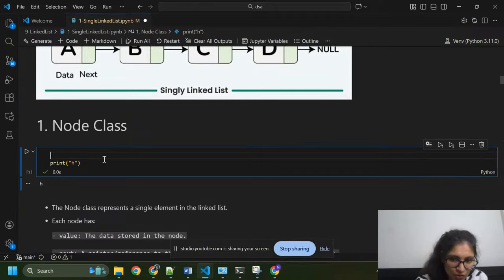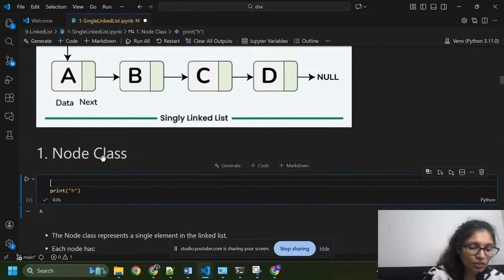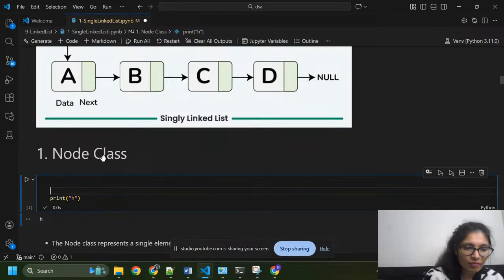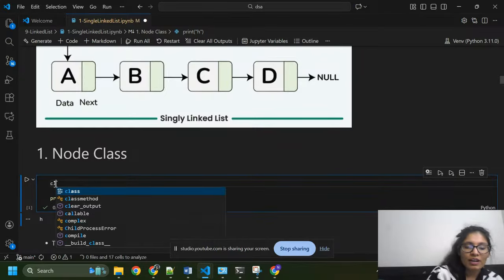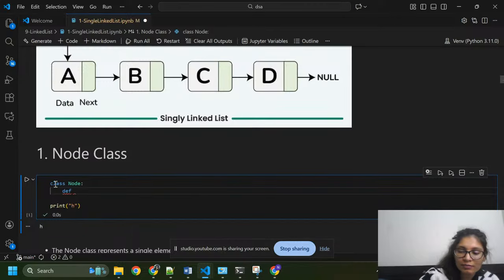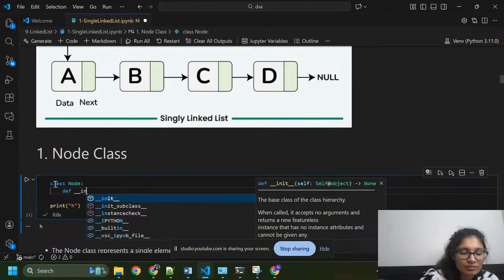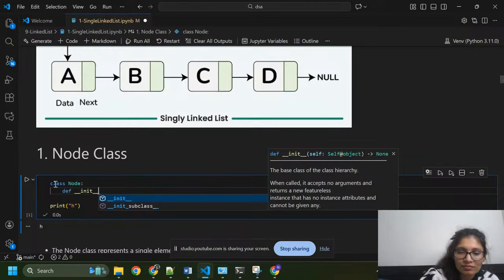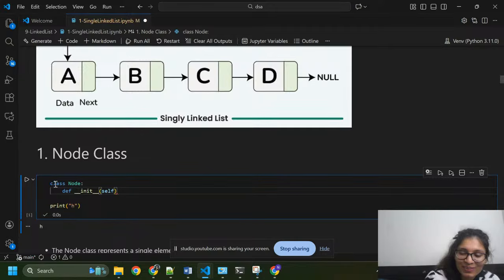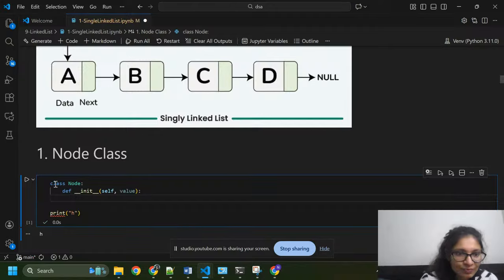Okay guys, so I'm going to write code. First, I am going to create the node class. So here I'm going to create class Node. I'm going to define one function, self, value.